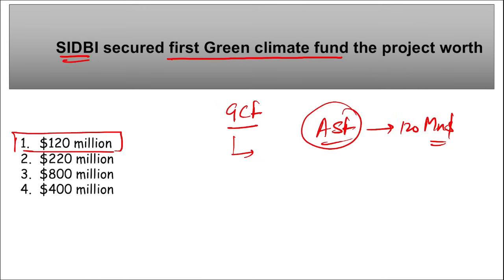It was launched by SIDBI. Correct? SIDBI has given the approval for this Green Climate Fund, you can say. Avana Sustainability Fund. Take a note of this. Then, as the name suggests, Green Climate Fund, this will be used to build the environment and energy sector. We will be focusing on projects that generate low carbon, projects that are climate resilient, and in order to keep our environment clean so that less pollution is released into the atmosphere, and to come up with technologies that ensure no pollution is emitted into the environment. For that, this amount will be used.